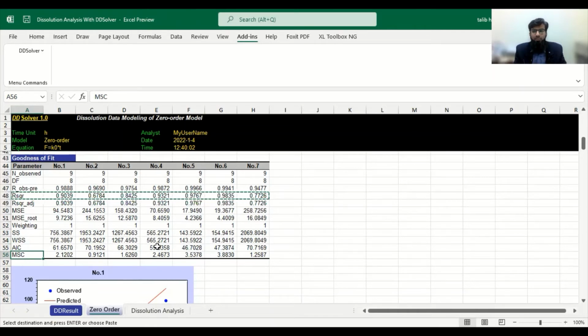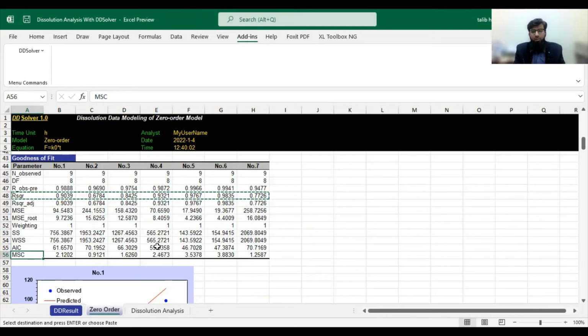If the R square value is near to 1, AIC value is 50 or lesser than 50, and MSC value is 4 or more than 4, even 3 or more than 3 you can say, but specifically 4 or more than 4, it will give you the best parameters which are used to fit a model.